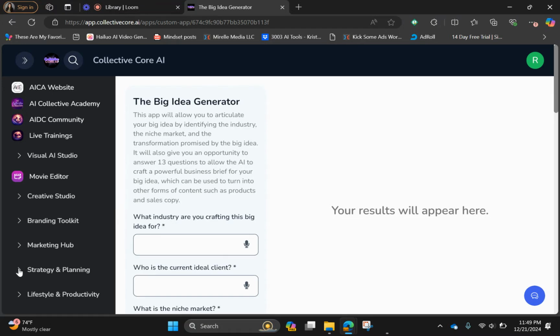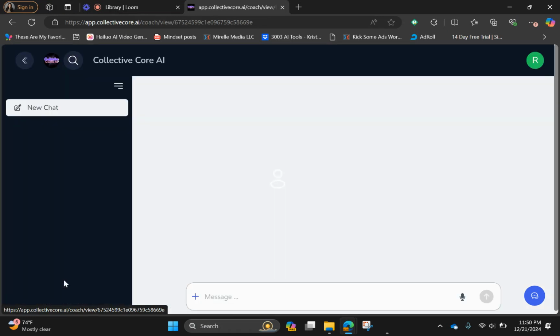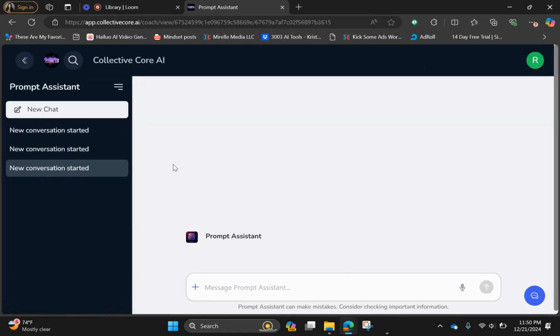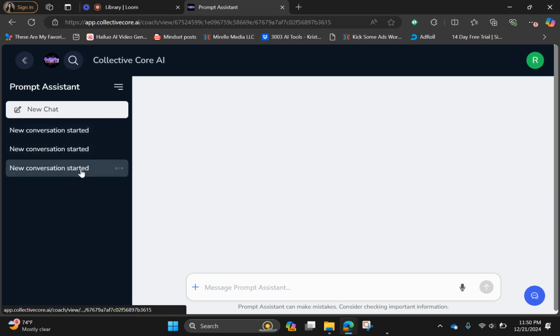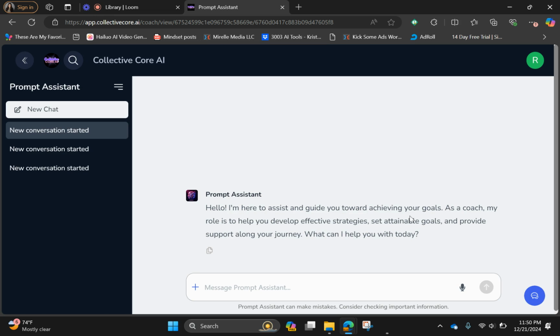The next one is Prompt Assistant. This one I have to fix. But it's basically, it helps you prompt. So you tell it what you want in an image or in an app, and it'll help you figure out, see, what it's saying is not what it's supposed to be saying.